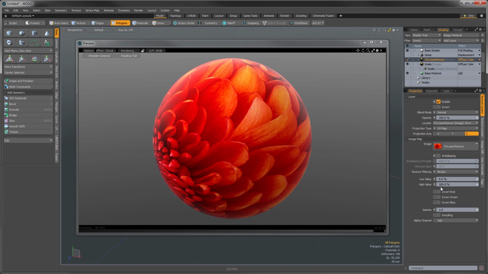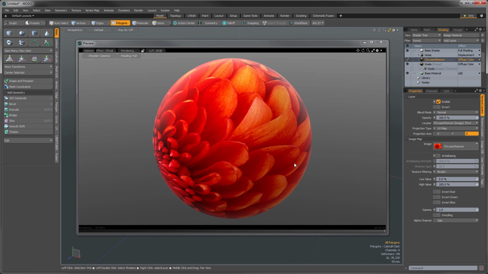So if you're trying to brighten up, say you have a dim light source in an HDR and you just want to boost the brightness level of that, you can use the high value as a multiplier for that HDR image. So the low and high value are really useful settings. You just don't end up using them a whole lot when you're just using straight up bitmap images for, say,